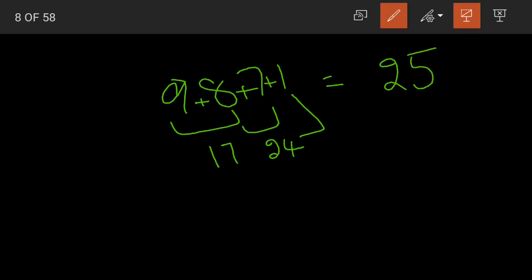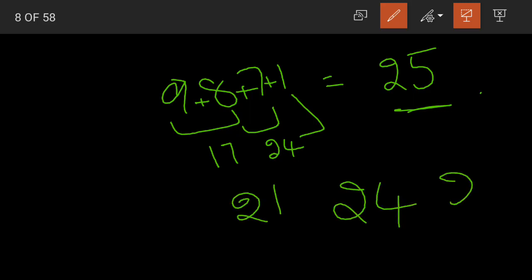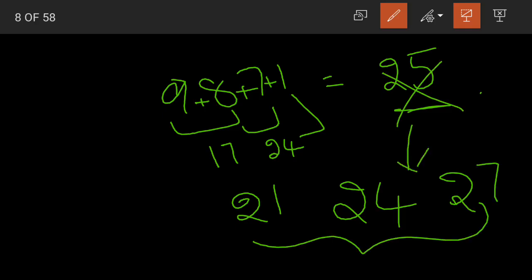What is our sum here? The sum is 25. Now what should we do with the sum? We need to check whether this is a multiple of 3 or not. Do we have 25 in the 3 table? No, we have 3 7s are 21, 3 8s are 24, 3 9s are 27. We do not have 25 in the 3 table. Yes, 25 is not a multiple of 3.